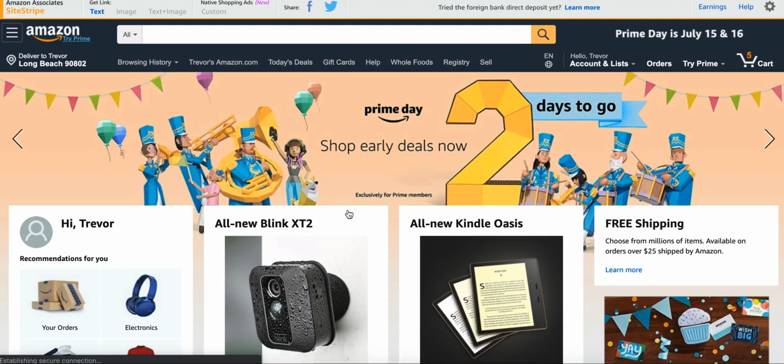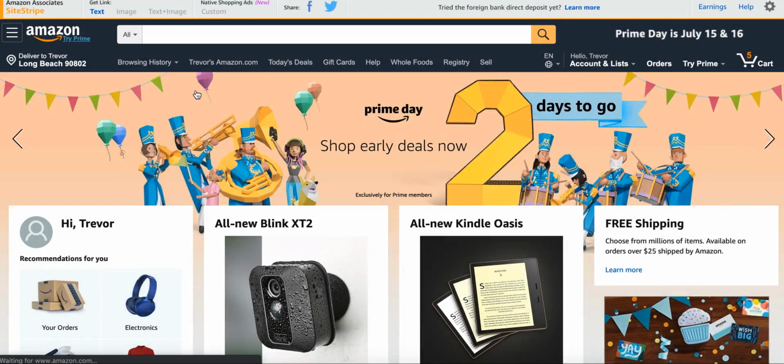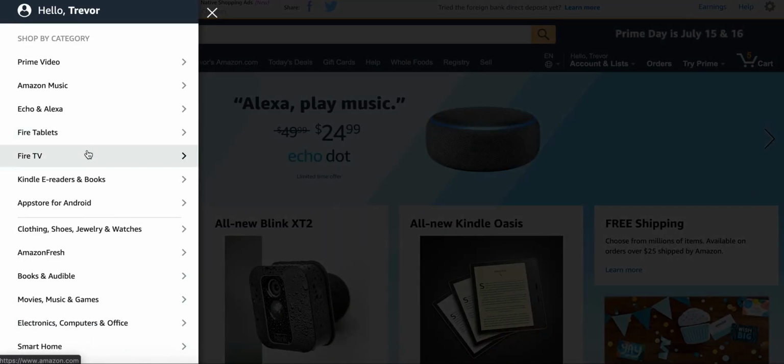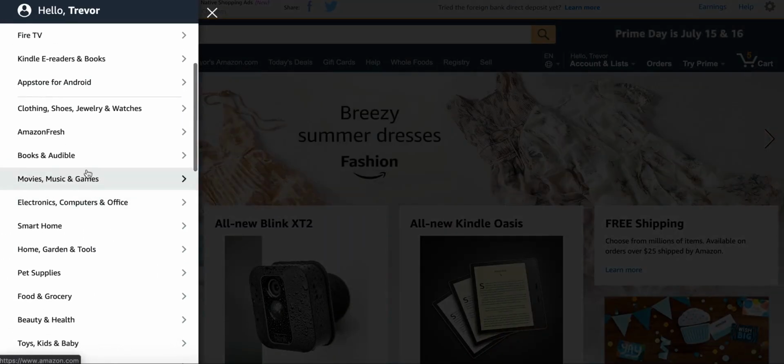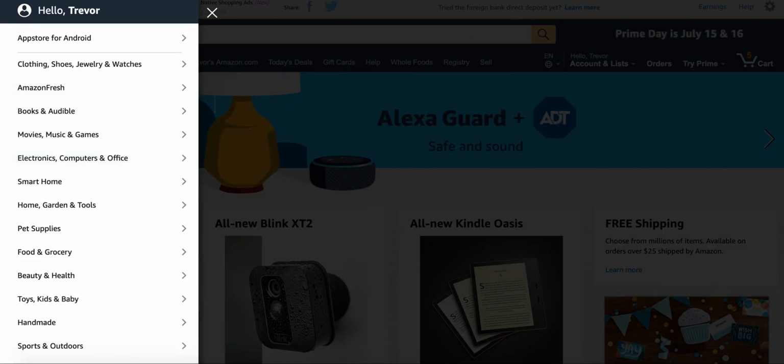Amazon is branded even broader than that. It's everything under the sun. So if you look at their departments, you can see that they sell clothing, shoes, jewelry, movies, music, games, electronics, smart home. Hows is just home, gardening tools, maybe some other stuff related to that. So Amazon's even broader than Hows.